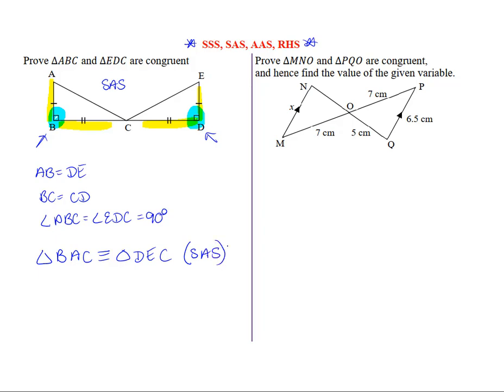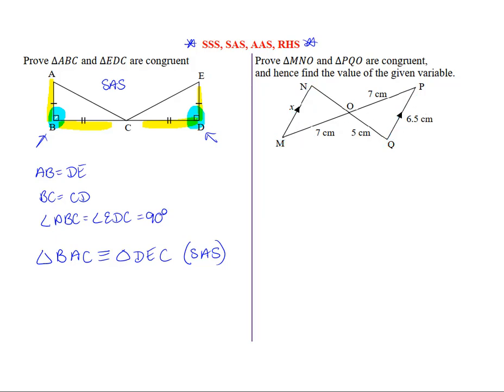In the final one, prove that MNO and PQO are congruent, and hence find the value of the given variable. Now, my key here in this one is that I have these parallel lines. Okay, so I have a set of parallel lines. So I'm going to be looking for my angle properties. So what I mean by that